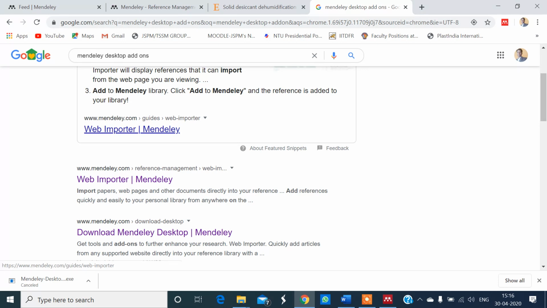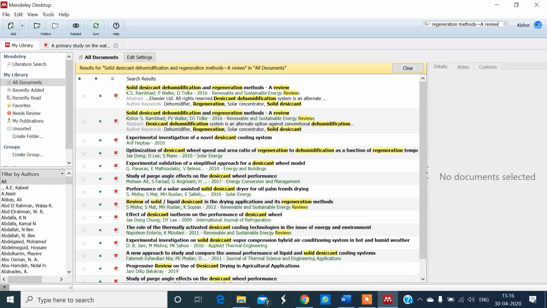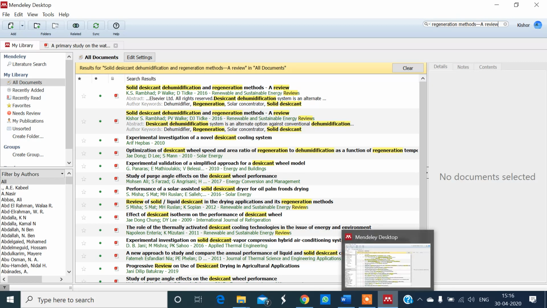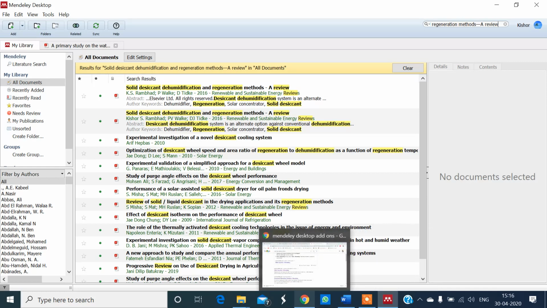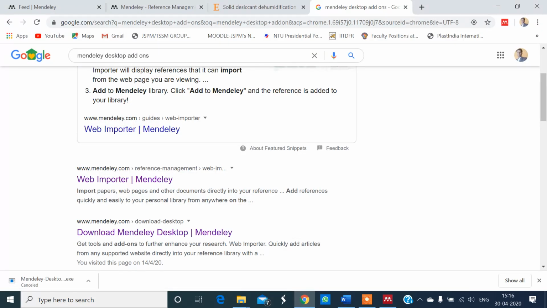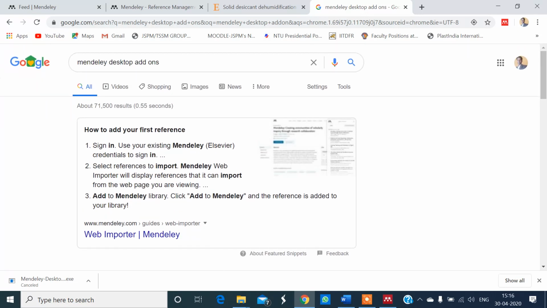Click here. When you click here, the Mendeley desktop add-on will be added to your Chrome browser. The Mendeley desktop add-on is very useful for adding papers. We have taken an example to add a journal. Now how to add books and